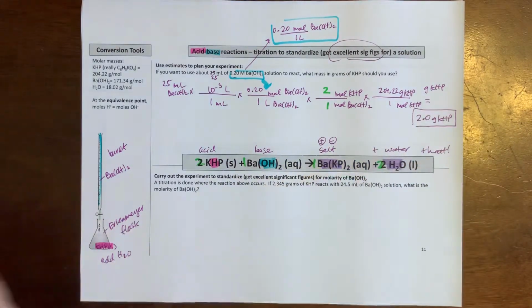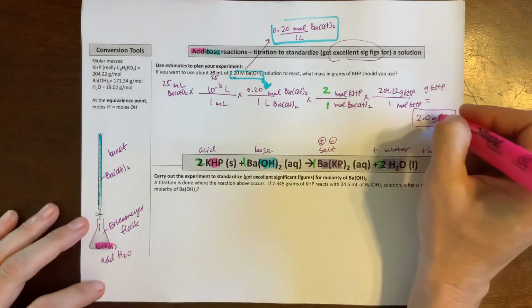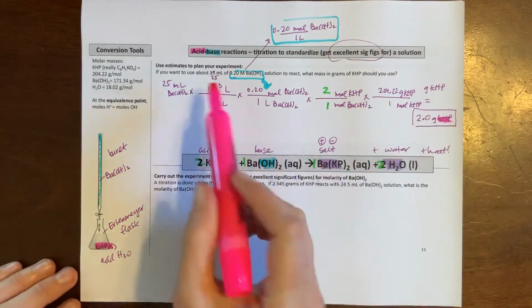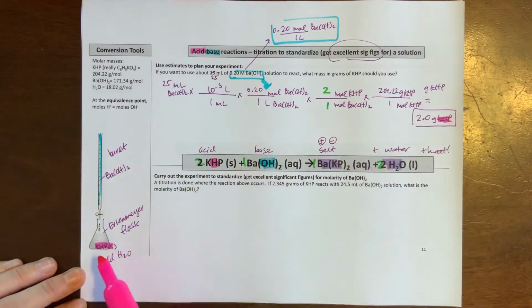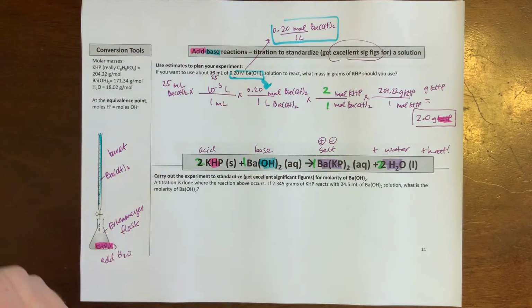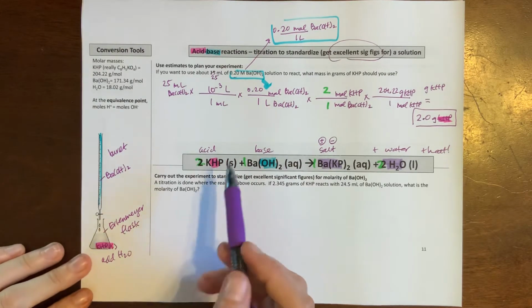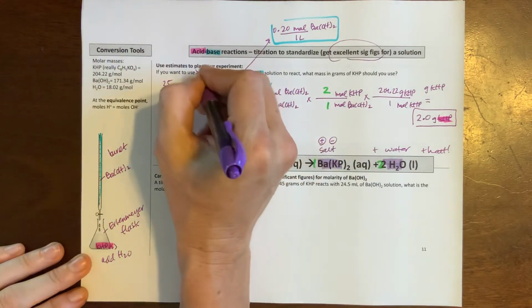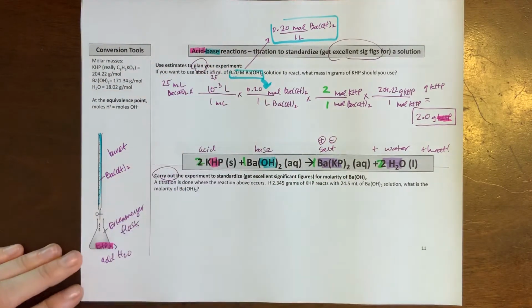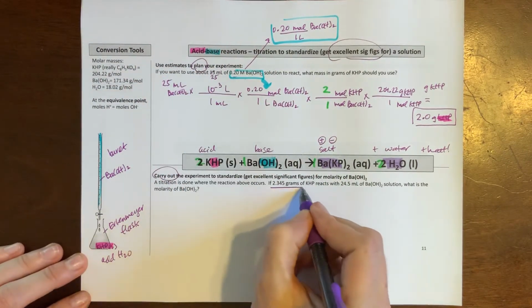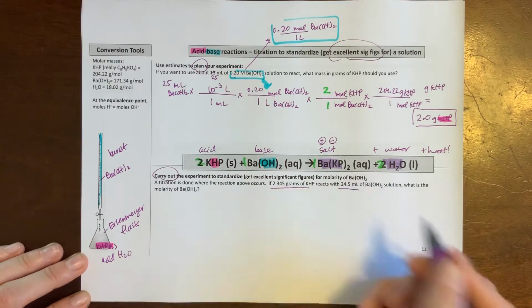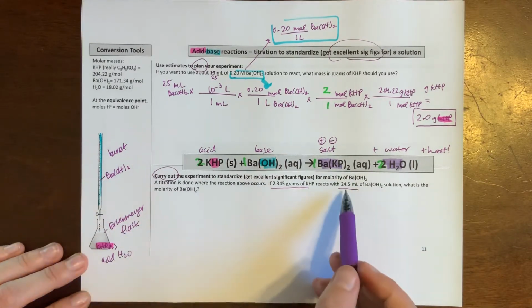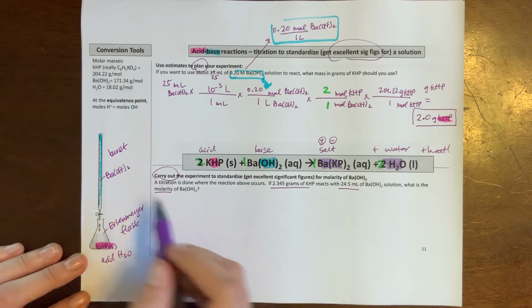So this tells me, right, this is my KHP, my acid. This tells me if I want to use about 25 mils of my solution, then let's put about 2 grams of KHP down here. So your next task is going to be to do the actual experiment. This was the planning stages here, but now when you actually do it, you would go weigh out your solid, your KHP, and lo and behold, it uses about the right amount of barium hydroxide that we were hoping, and then you'll be able to find the molarity